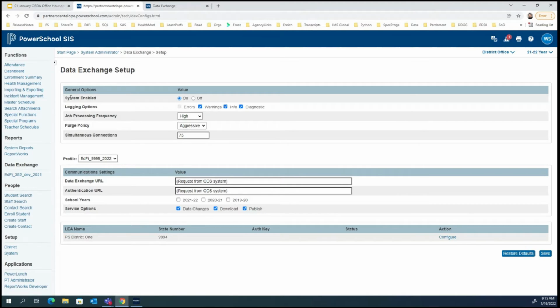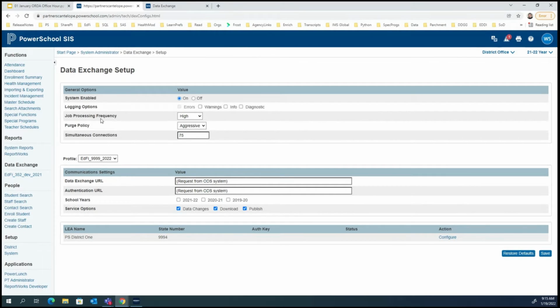We have some stuff here. So general options, system enabled, all this. For system enabled, we certainly want that to be on. For logging options here, we did this a little bit differently when we onboarded. We're going to uncheck all of these if they're checked, or if they're blank, just leave them blank. The reason is we want to avoid slowing down our data publishing, and we don't really need these unless we wanted to investigate things for some reason. We could go back in and change that. But for right now we're going to leave those because that'll give us the best processing and keep things from being slower than they need to be.